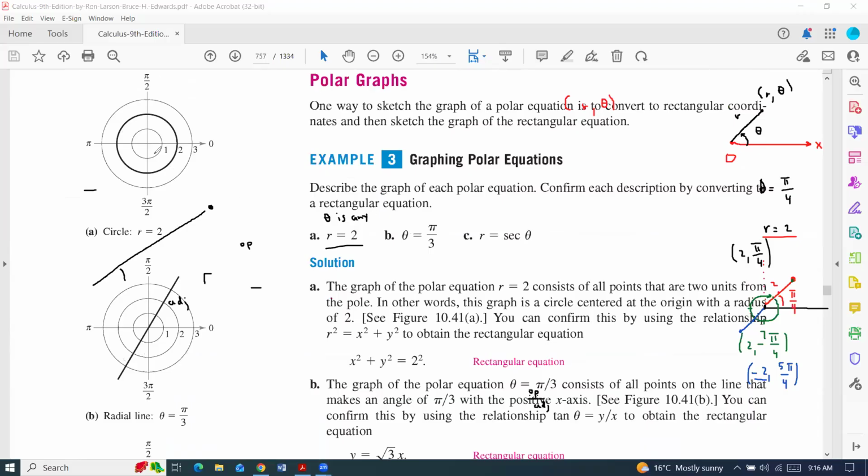It means you can go the radius 2 distance, and then this point will be with coordinates radius 2, angle 0, and that point will be with coordinates radius 2 and the angle pi over 2. So it looks like any angle from 0 to 2 pi will have a representation on this circle,